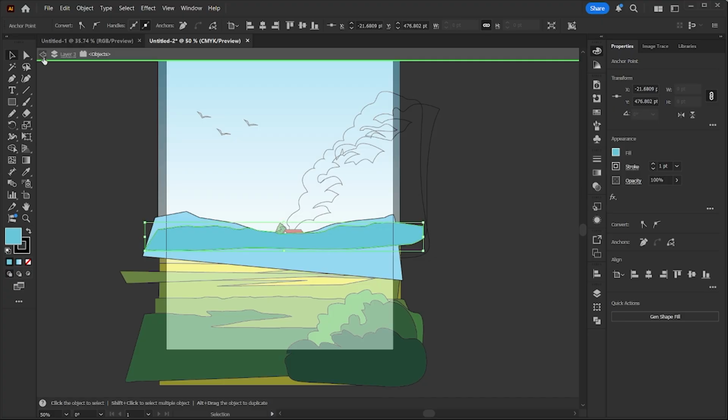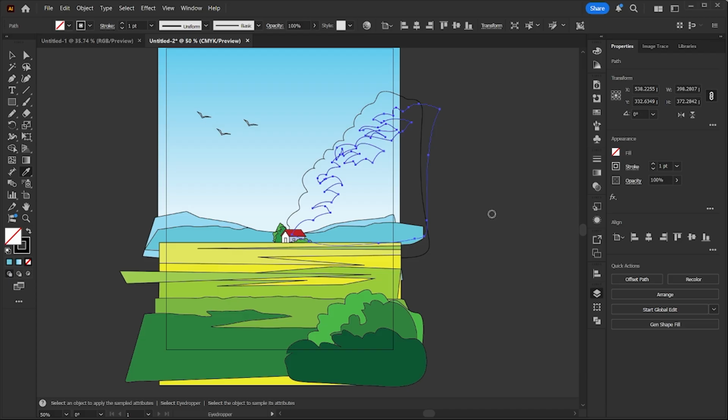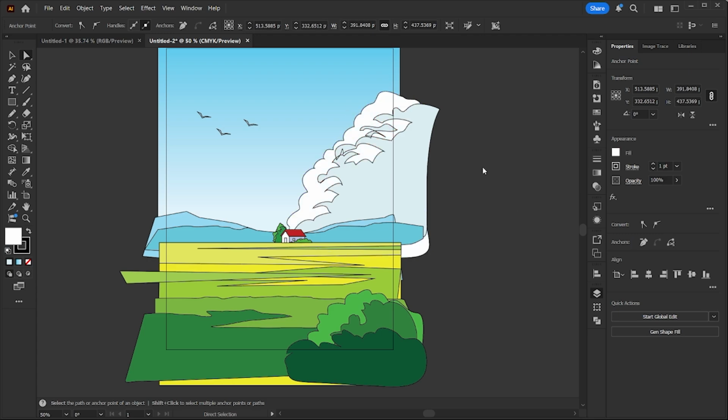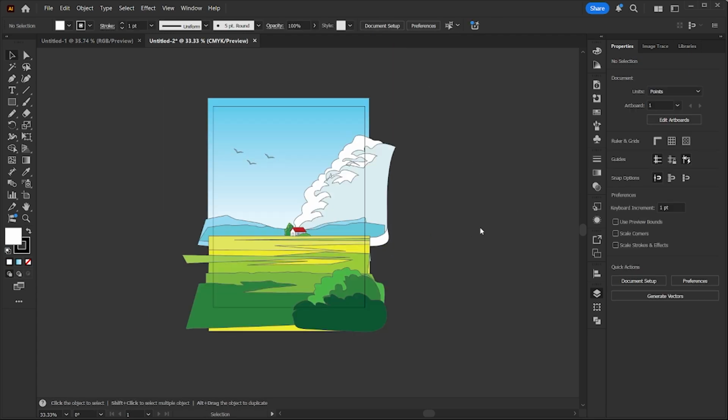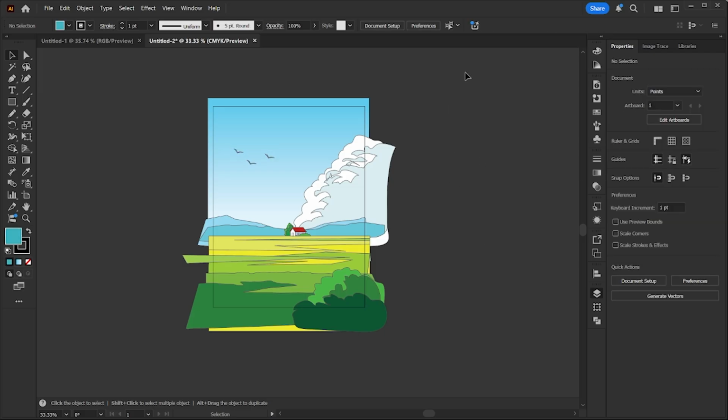And now let's color the cloud. Okay, now it's going to be a little bit of shadow color and it will be pure white. Okay, now I forgot the bird. Yeah, it will be definitely black or some gray scale or maybe blue color. And everything is finished. Now let's select everything